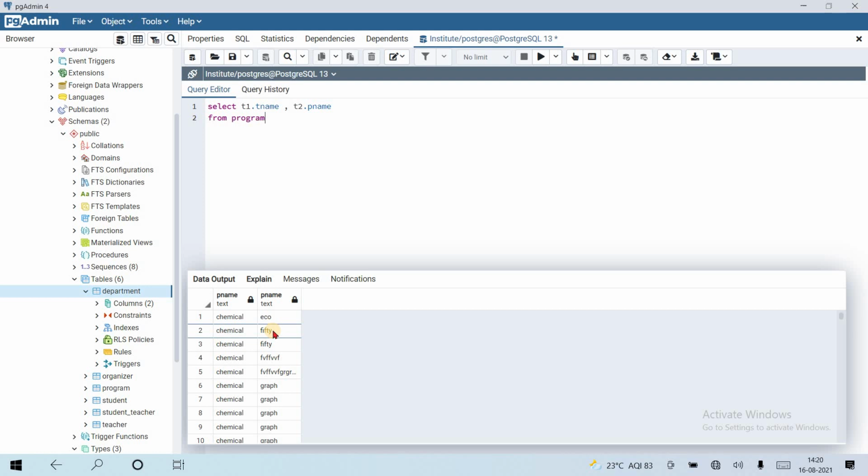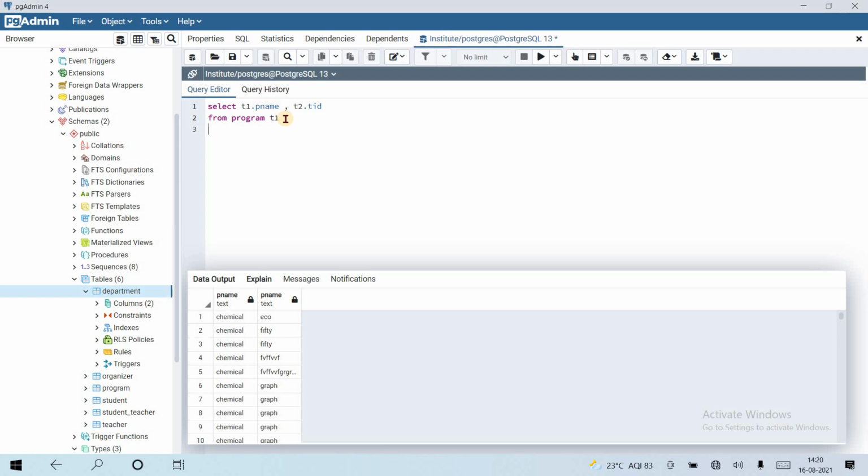Program is the first table. Then how can we give a program p name from the first table? We must give p name from the first table, and let's get not teacher name, let's get teacher ID from program as p. No, we are aliasing it as t1.